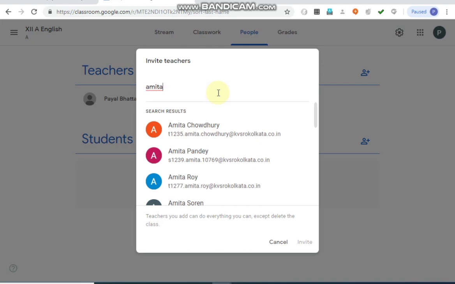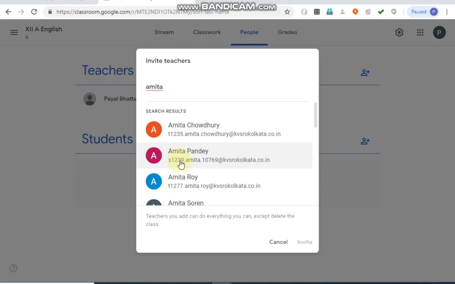Now see, Amita, you can see there are many names, like Amita Chaudhary. This is a teacher account, I can see from 1235. This is the school number. This is a school number under this Kolkata region only, but I don't know from which school. But this is not from my school, obviously. I can say Amita Pandey. Now this is a student's ID. Since I am adding a teacher, I won't add this, and this Amita Pandey is not from my school also.